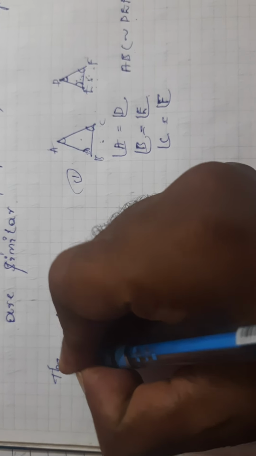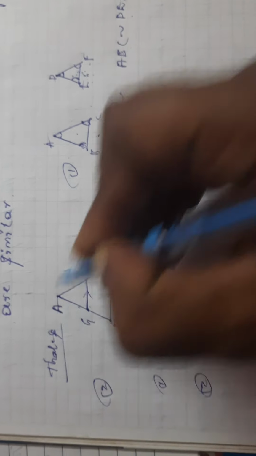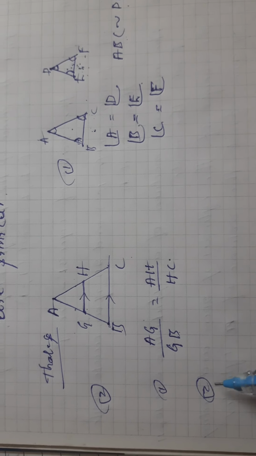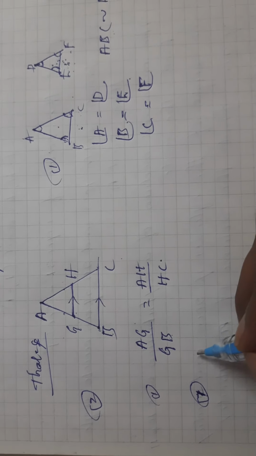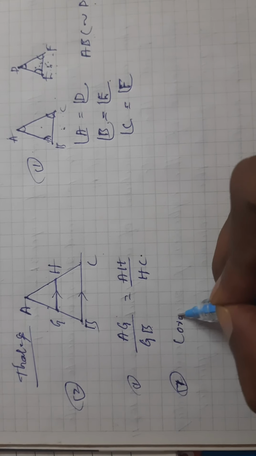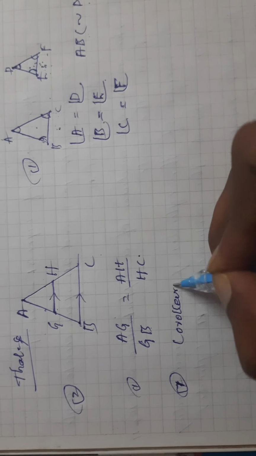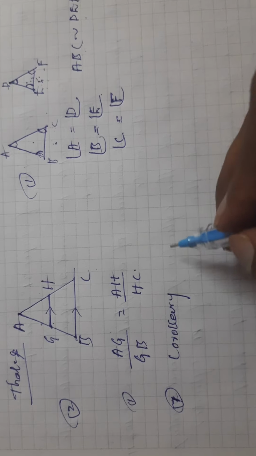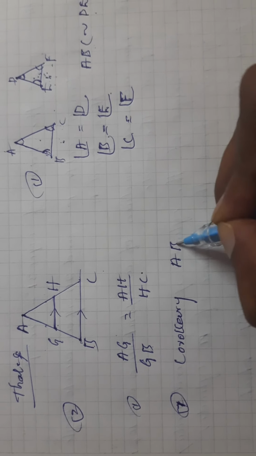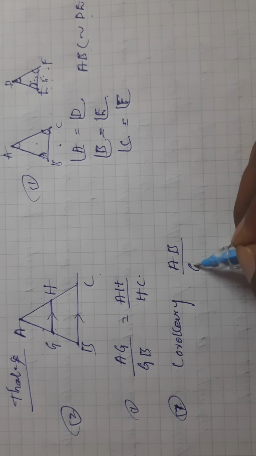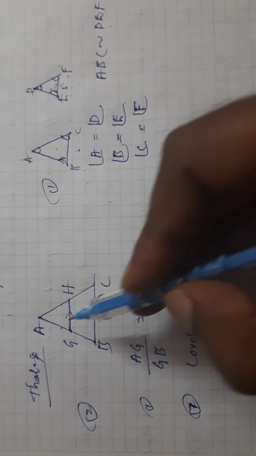So we all know that this is the Thales theorem. What is the first corollary? The first corollary of Thales theorem is